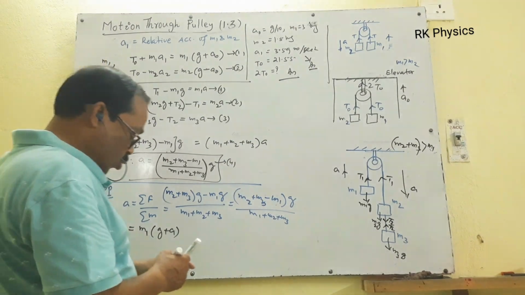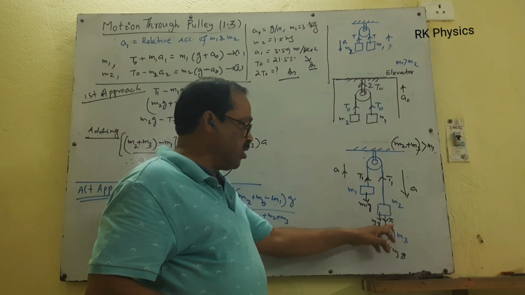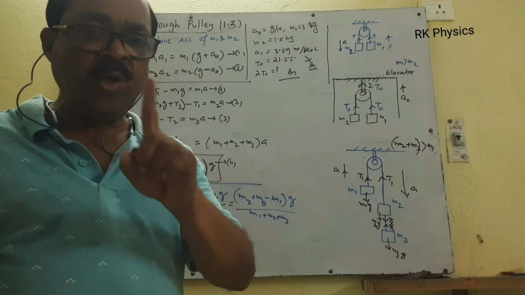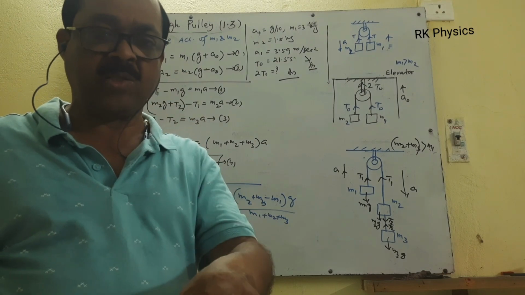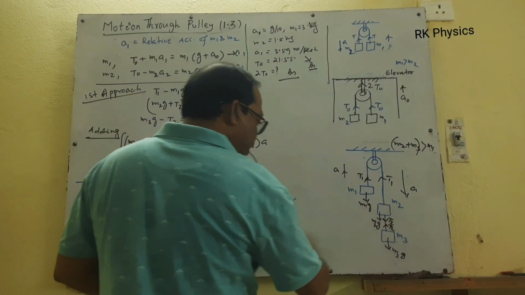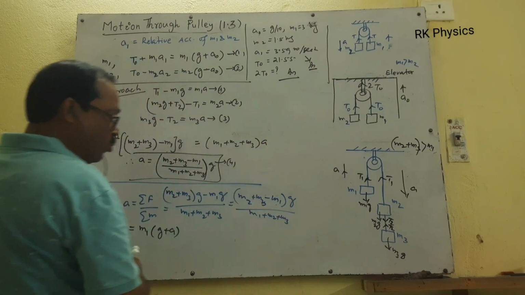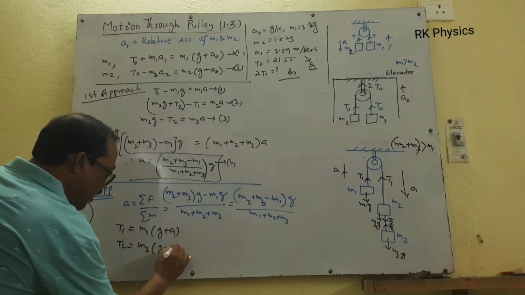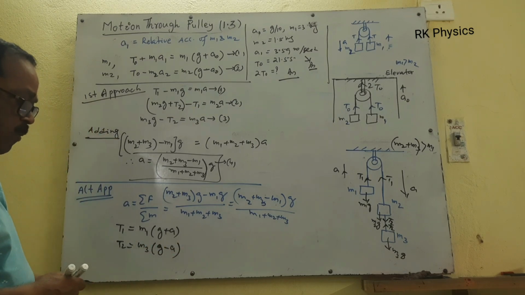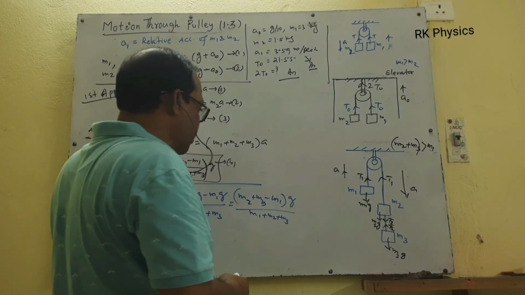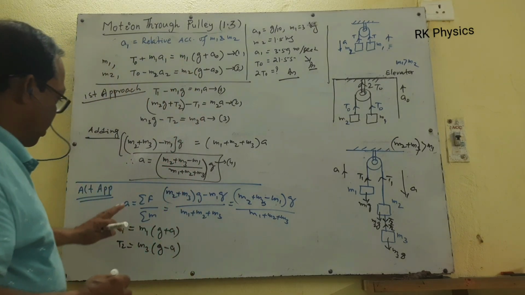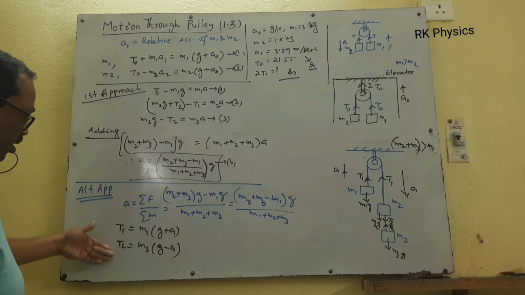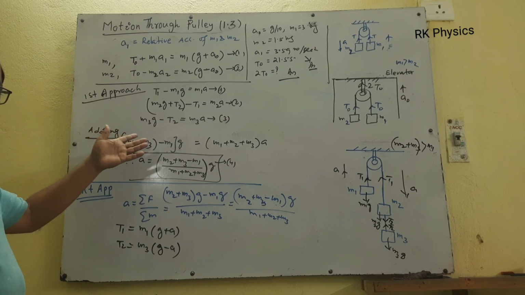Similarly, you come to tension T2. T2 is acting on M2 and M3, but out of M2 and M3, only one tension is acting on which mass? One tension is acting on M3. Therefore, M3 is moving down. So you take T2 equal to M3 into (g minus A). If the lift is moving down, the acceleration is g minus A. Now, if you find A and write the equations of T1 and T2, these 3 equations are easy to solve.